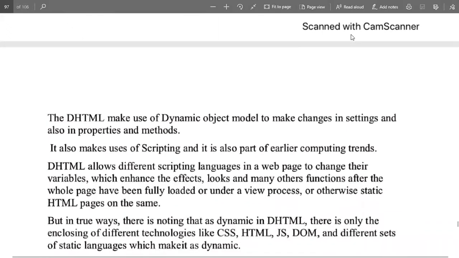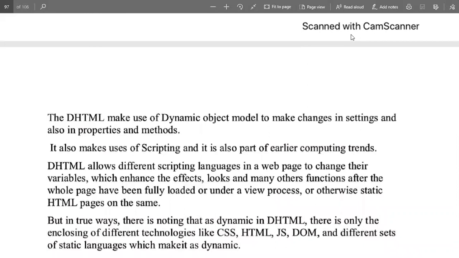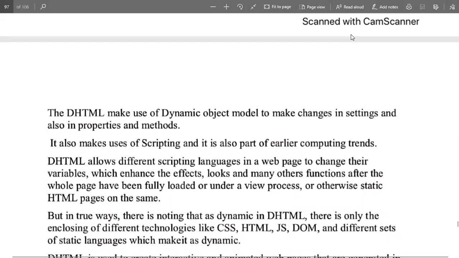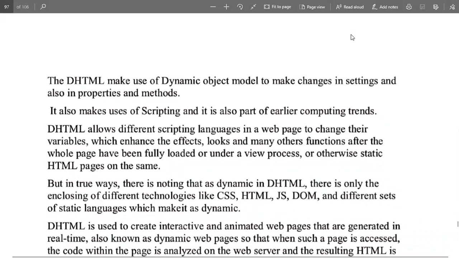We can use the document object model to make changes in settings as well as properties and methods. It is also used for scripting, and it is also a part of the earlier computing trends. It allowed different scripting languages in a web page to change their variables, enhancing the effects and looks and many other functions after the whole page is completely loaded, and whenever we view it, that will be reflected in our document.